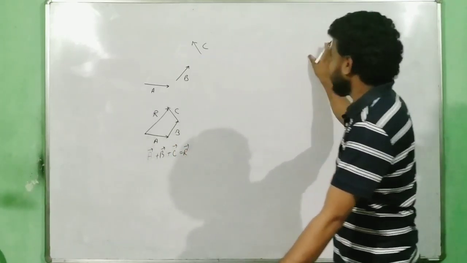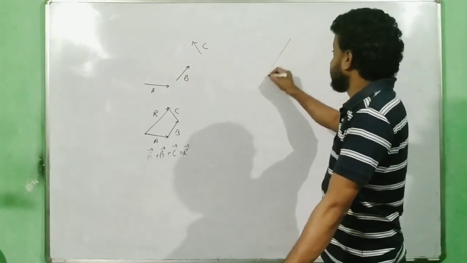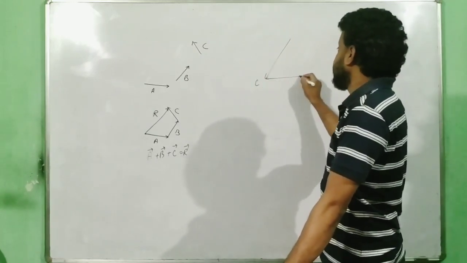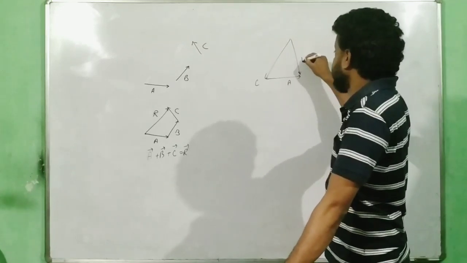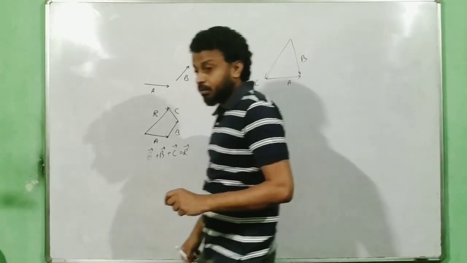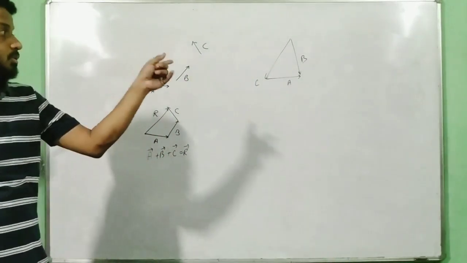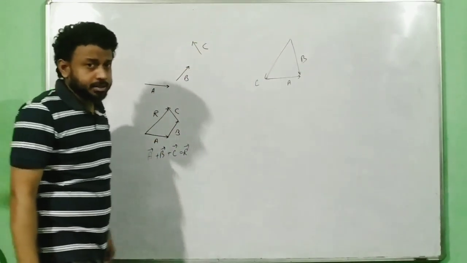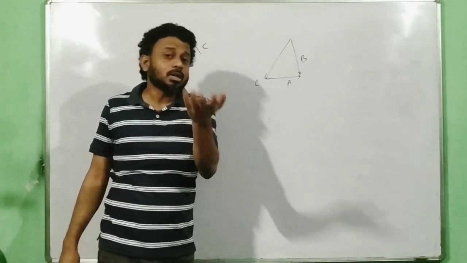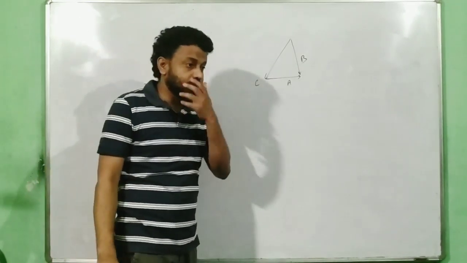Now suppose if in the question I am giving you a vector and say that the vector looks like this. This is my C vector, this is my A vector, and then this is my B vector. Now how will you write this one? Now if you don't know the concept, trust me, you will write blindly A plus B equal to C vector. Right away you will write A plus B equal to C vector. That is not the case. See what is the format here. Check the details clearly over here.